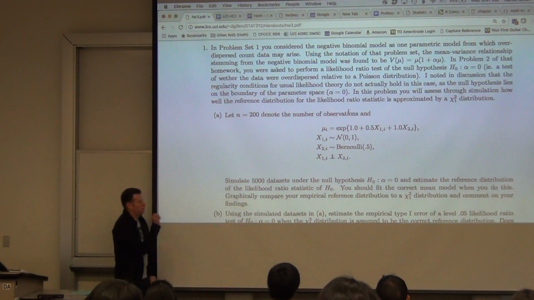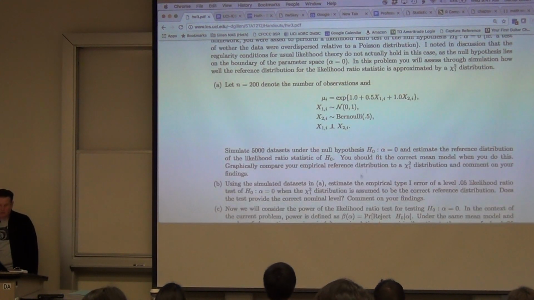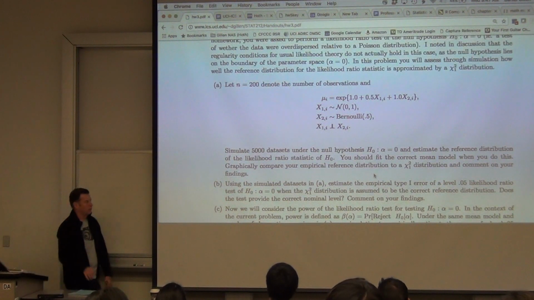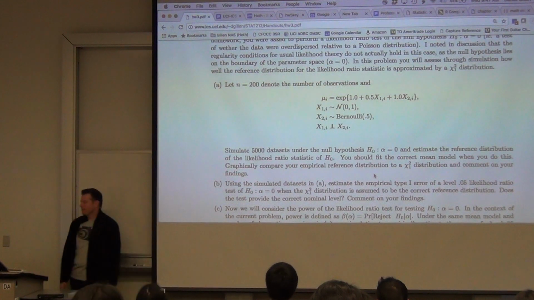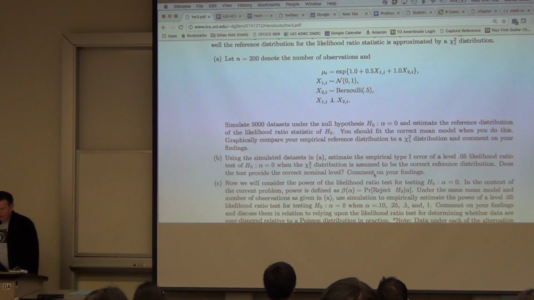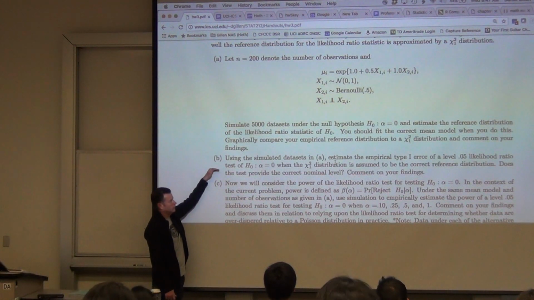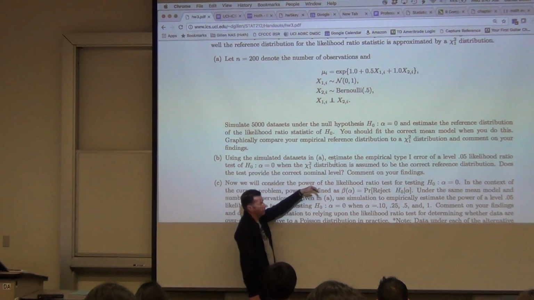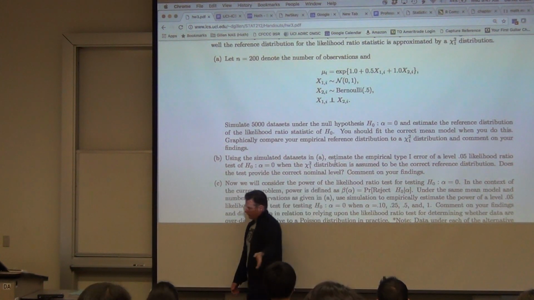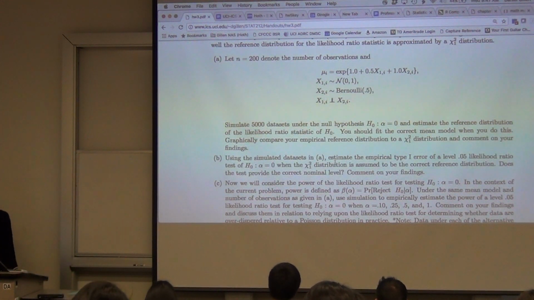Okay. So I've given you the mean model sitting up front, and then I'd like you to compare that reference distribution that you observed to a chi-square 1 distribution. See how far off they are. You can just do that visually. Okay. Kind of give me an idea. Then you're going to get a little bit more quantitative, in the sense that, based upon those 5,000 simulated data sets, I also want you to estimate what the empirical type I error rate is for the test that you're actually doing, when you use a chi-square 1 reference distribution. So you're going to go through and actually perform a likelihood ratio test, and you're going to tell me what proportion of the time you reject the null hypothesis under H0. Okay.